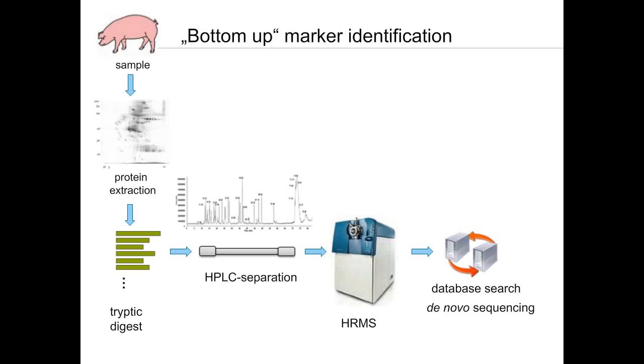You then perform protein extraction, tryptic digest to get the peptides at hand, and separate your peptides using, in general, standard HPLC separation techniques such as on reversed phase C18 columns. Use high-resolution mass spectrometry to identify as many peptides as possible by use of database searches. And as the databases for different foods are in many cases far from being complete, also use de novo sequencing